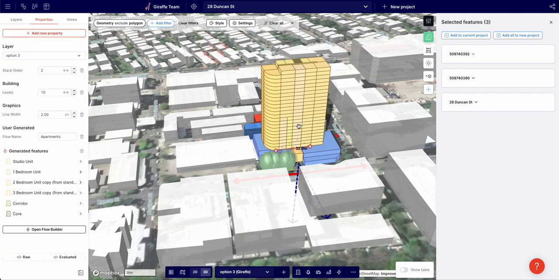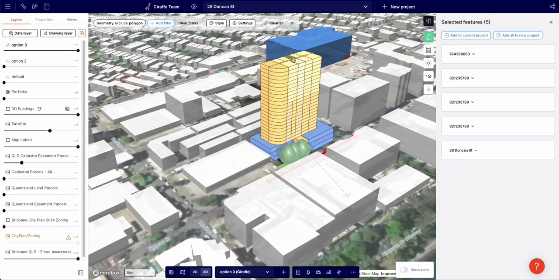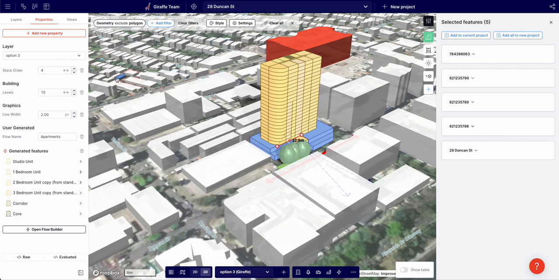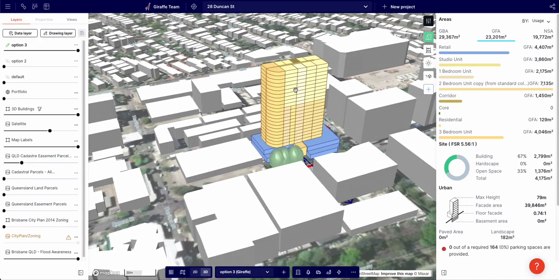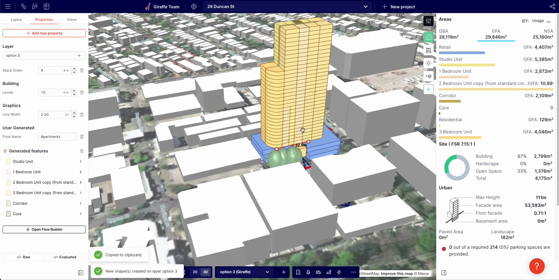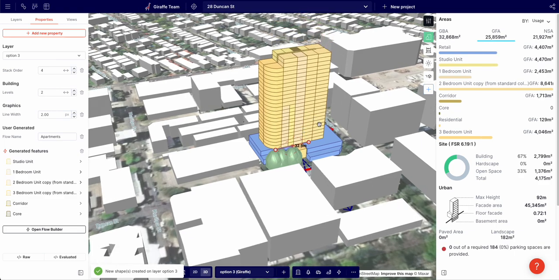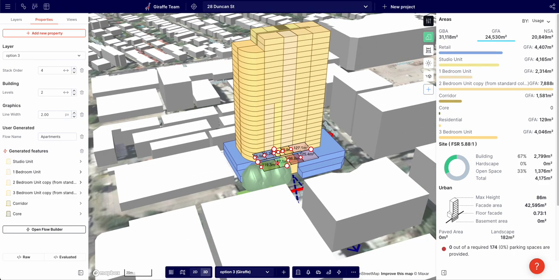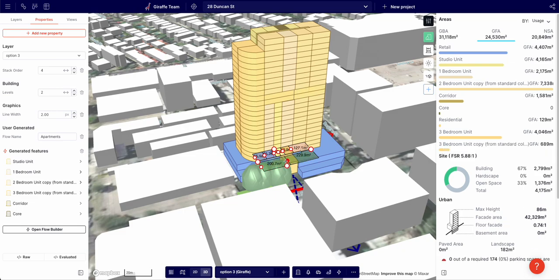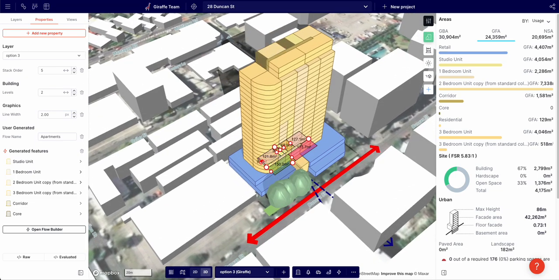Okay, and I'm just changing the levels so I can change that level up and that level down to mix that thing up. And then that's the final thing we can do. Let me just get out of this lens. Final thing we can do is we can copy paste this guy and make some sort of mega premium penthouse stuff at the very top. There we go, and maybe just pull it slightly back so they have a balcony, and do the same over here